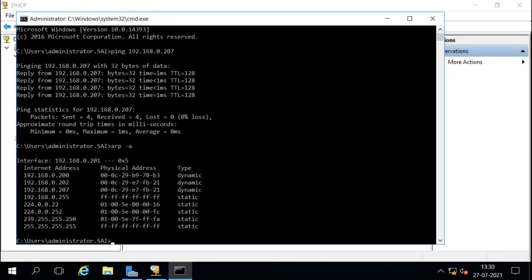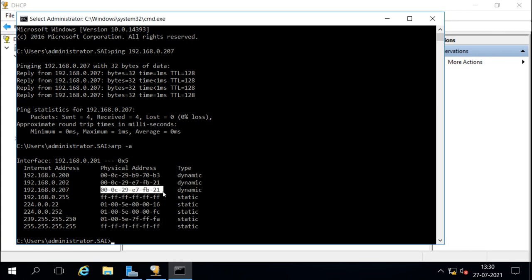Now I can get the MAC address. I have to go to that system, check the IP information, and then in that I can get the MAC address of that system. But I can do it from here. When I communicate with that system, it gets the MAC address of that system also, and stores it in the ARP table. Under the ARP table I can see this is the IP address of that system and this is the MAC address of that system.